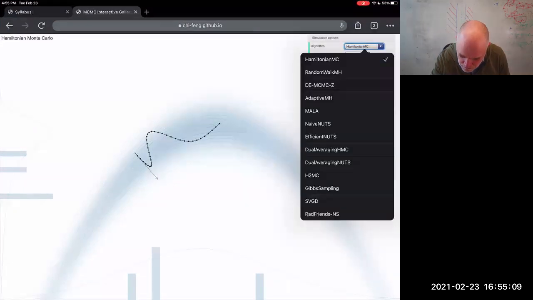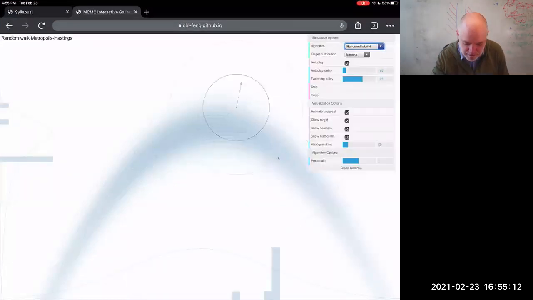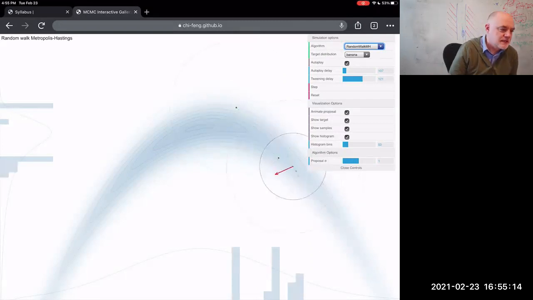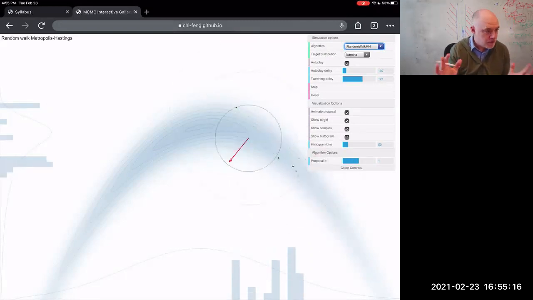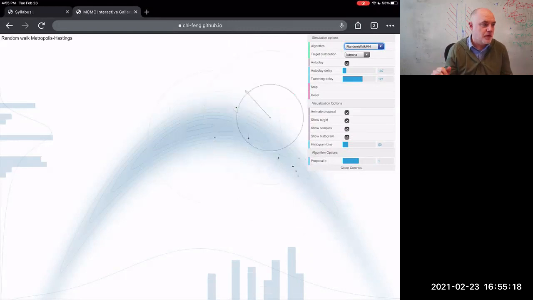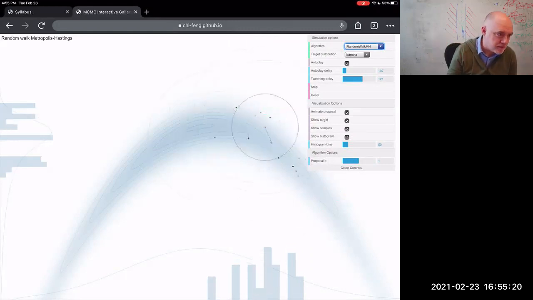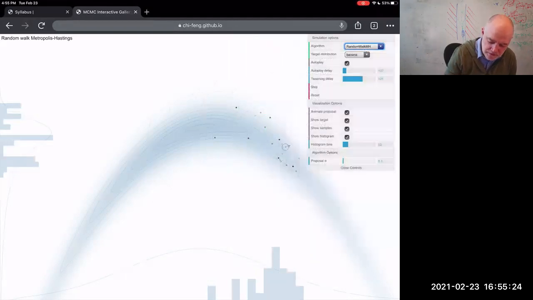Let's go to random walk Metropolis Hastings. Remember you're going to use this as a proposal within your Gibbs sampler, right? What's the correct proposal kernel size? If I make the wrong choice of proposal kernel, whether it's too small, it's going to walk for a really, really, really long time